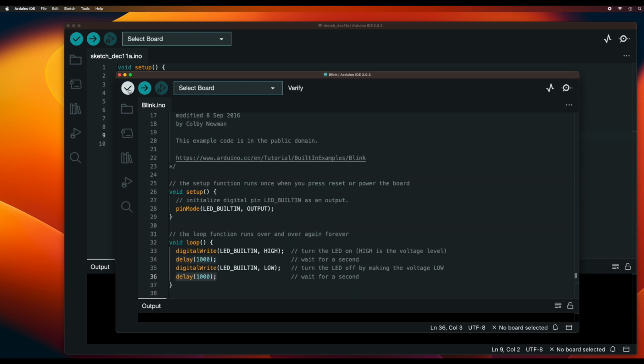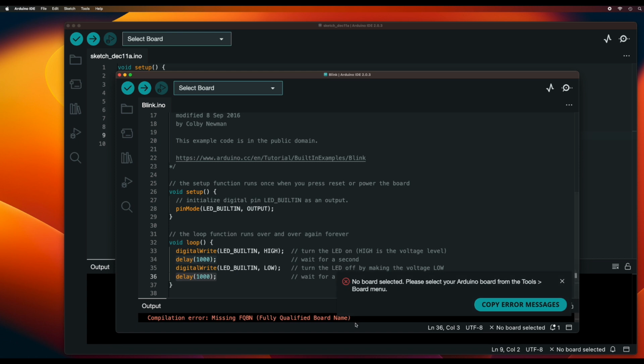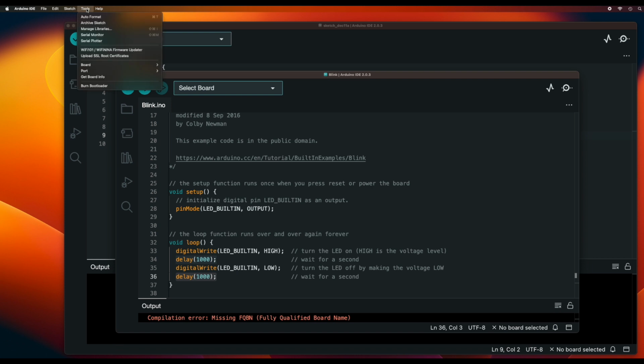Now what we'll do is click the check mark to verify that the sketch is syntactically correct. And here we see an error message, no board selected, and it's prompting us to select the Arduino board from the Tools Board menu. So we can do that by going up to the Tools menu,